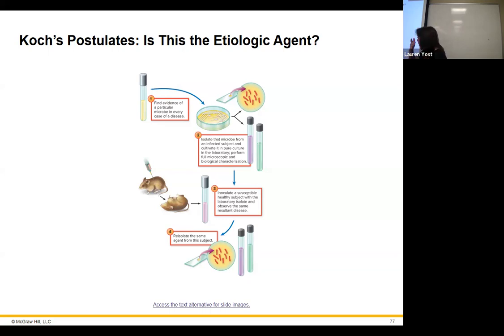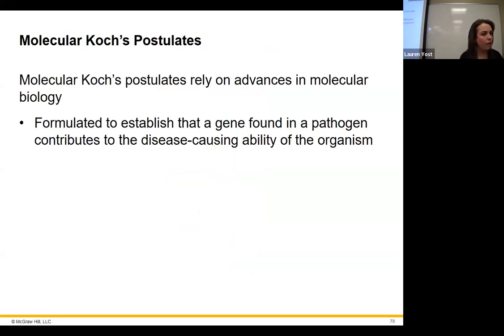So it's basically like, hey, people have this disease. I'm going to take a sample from it, see if it happens in mice. Oh, it did. Okay, this is the organism that causes it. Do I get that same organism back out? Oh, I do. Okay. That's how he discovered the cause of anthrax. Those are called Koch's postulates.